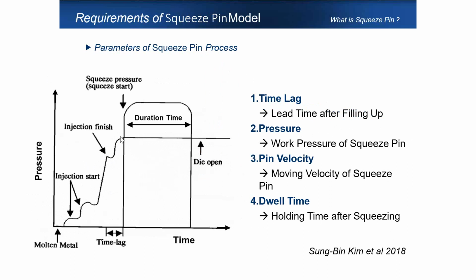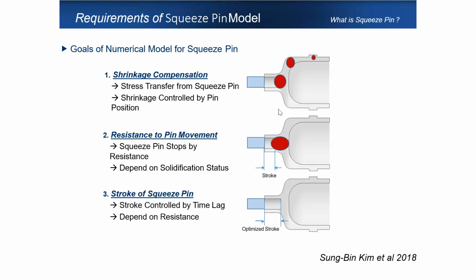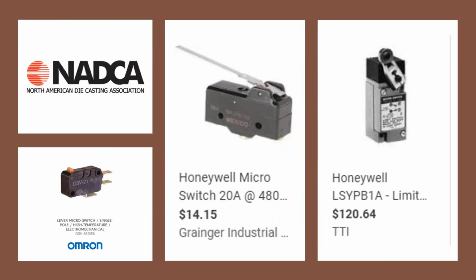And so we're going to have some delay from end of injection to start of squeeze. So we're going to move that pin into those areas, moving the pin into the large, dense areas to feed the shrink that's going to exist in those areas that can't be fed from the intensification of the die cast machine. And we're going to want some optimized stroke length of those pins. We don't want the pins to go to depth. We want those pins to stop by the metal,